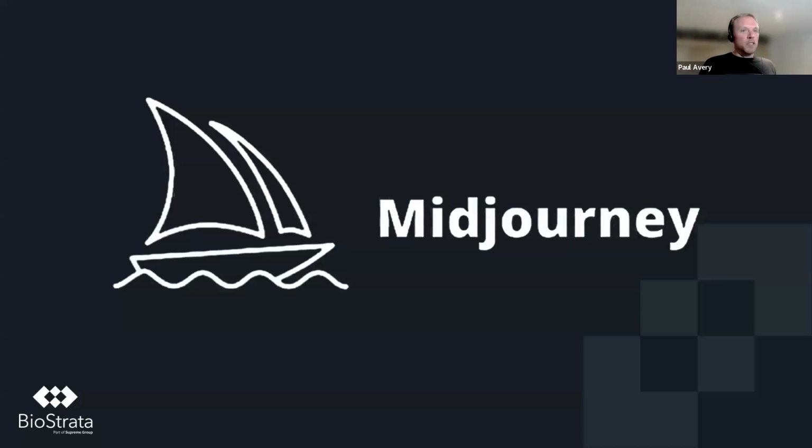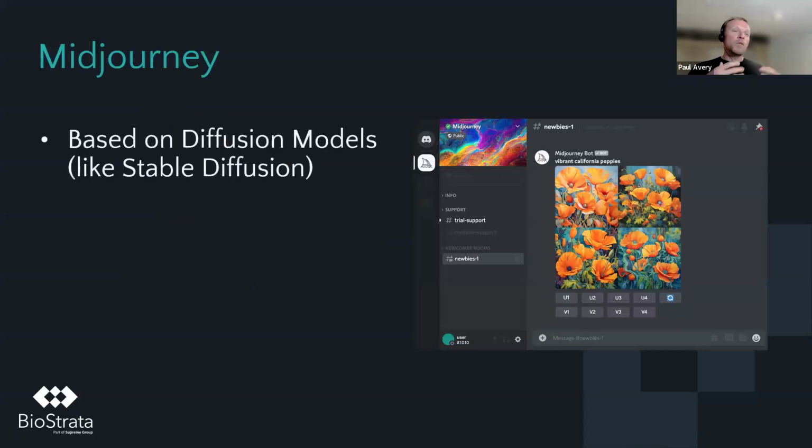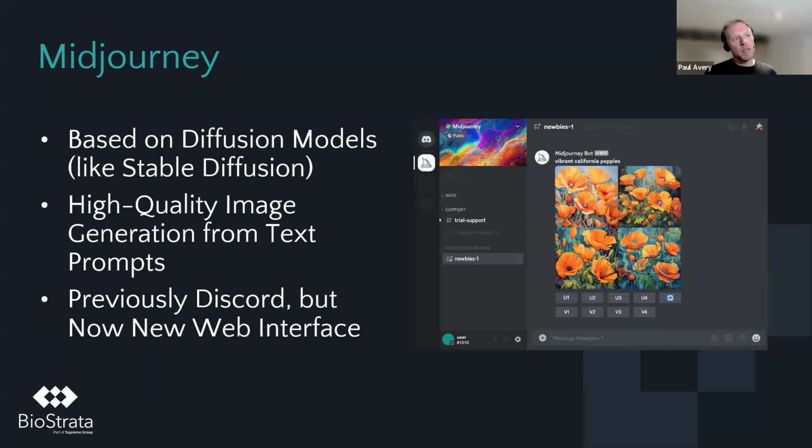If we move on to images for a second, because this is kind of interesting as well, Midjourney is probably one of the most famous image generators out there. And it's based on something called diffusion models, which again are probability based, but they're kind of similar to text, but they work in a slightly different way. Midjourney is cool because you can generate really high quality images by giving a text prompt like, I don't know, a rabbit riding a motorcycle that's photorealistic. And you used to have to access this through something called Discord, but now it's got a new web interface.